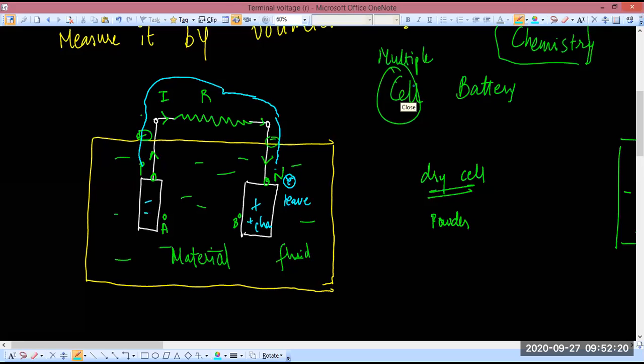I'm coming to the loop. It will be a closed loop only. But I'm still explaining why it should be a closed loop, right? So if charge would only flow from here to there, then there would actually be a problem. It would not work. Okay. So what's happening is that negative charge, that is electrons, will flow in the wire and they will reach this point. But then from this electrode,